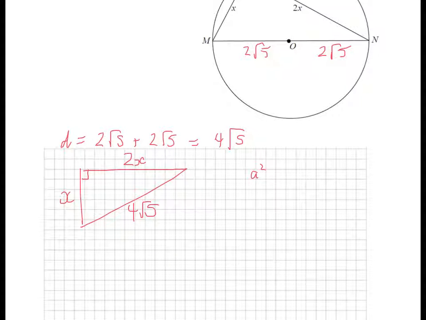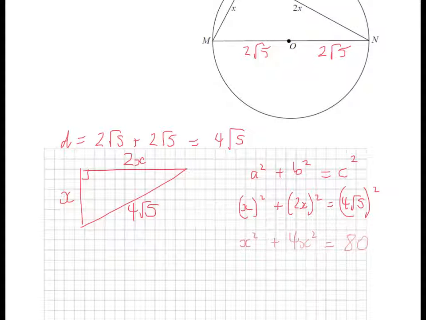Pythagoras' theorem states that you have the two short sides, if you square them and add them together, you get the square of the longest side. So if we pop those amounts into this formula, we end up with x squared plus 4x squared is equal to 80. And that makes 5x squared is equal to 80, in which case x squared is equal to 16,